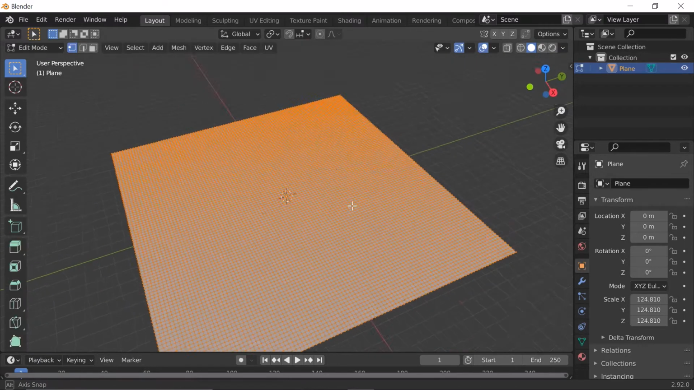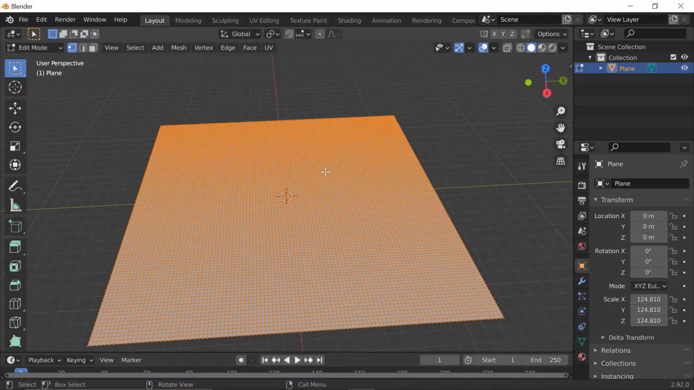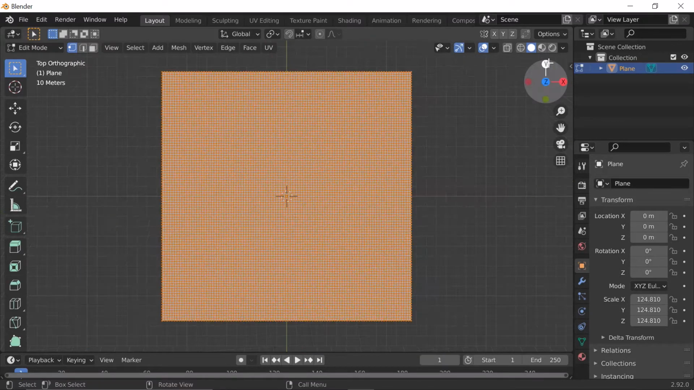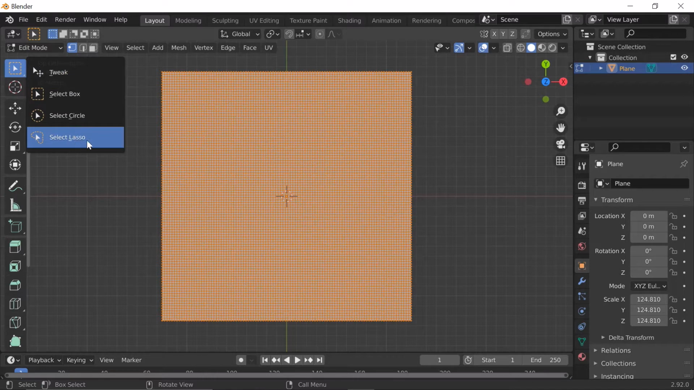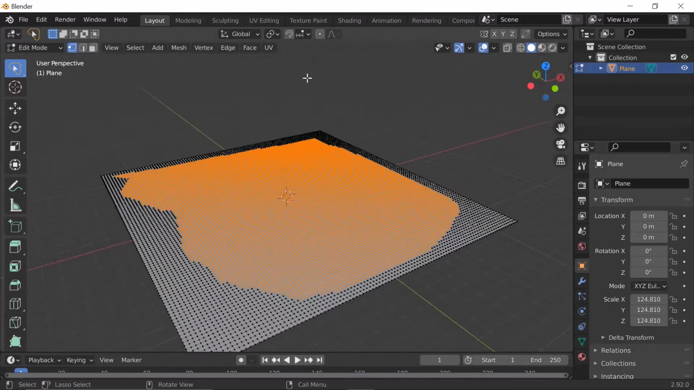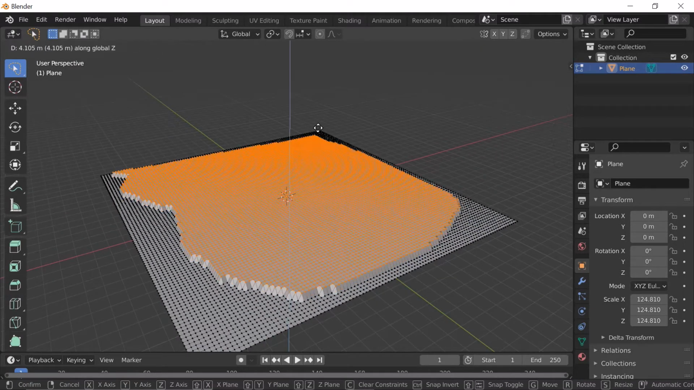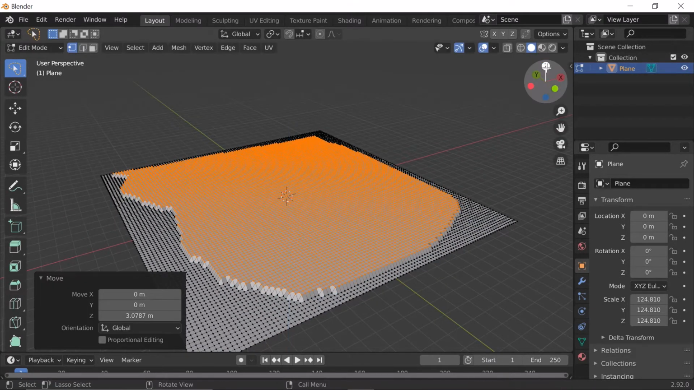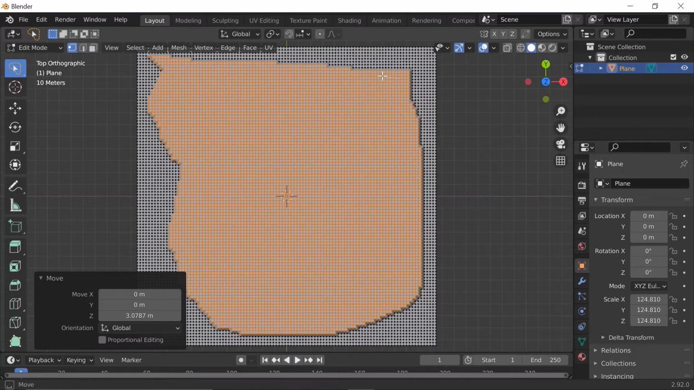And now Tab again, move to the Z axis, and now change your mode to select lasso and select some random points just like this, and G, Z a bit up, and again Z axis, and again select the points which are